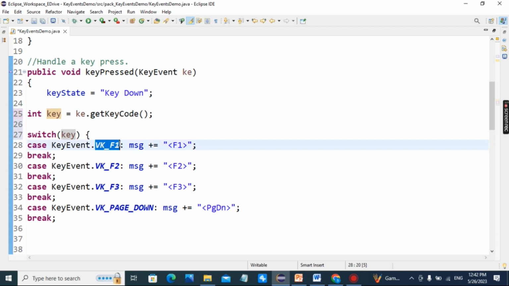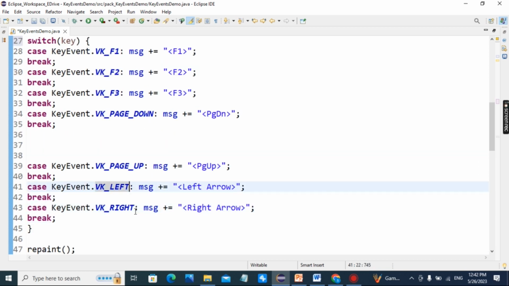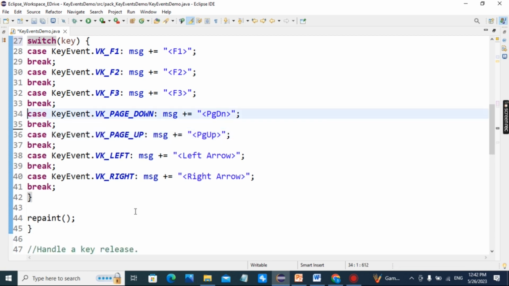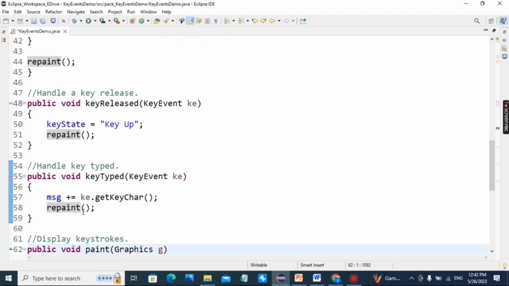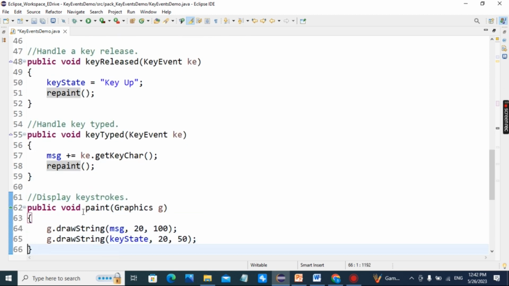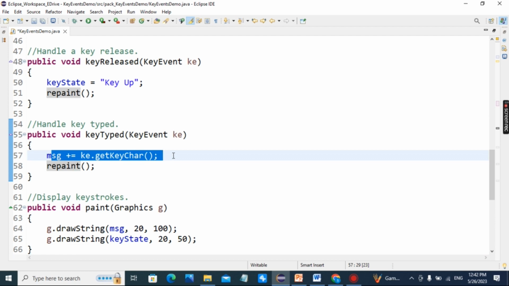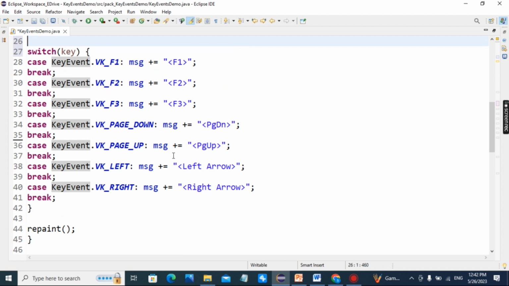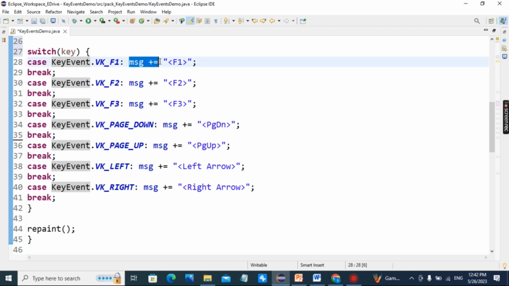Okay, so we have underscore F1, F2 key, F3 key, page down, page up, left, right, etc. All that stuff is included over here. Key release is printed, key up is printed, key type message will be appended. If you are pressing a simple key, its character will be appended to the message. And if you are pressing the special keys, it will be appended like message plus equals